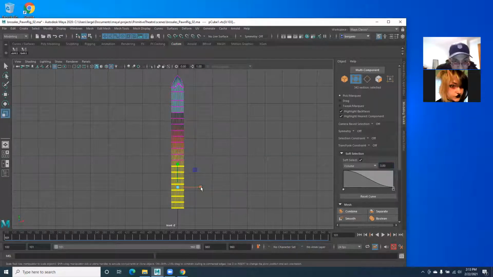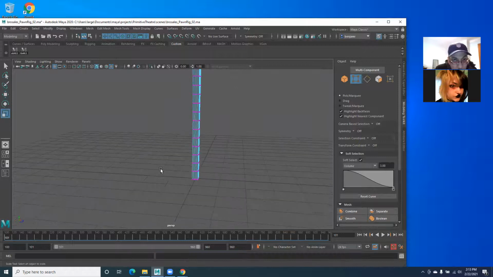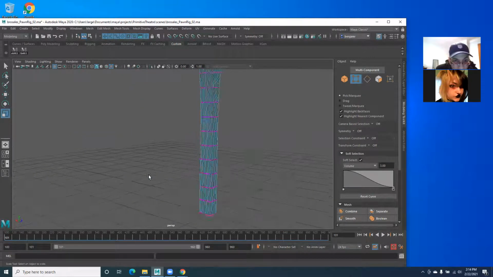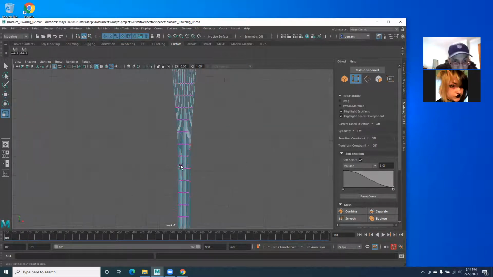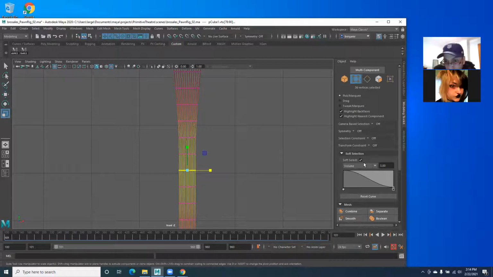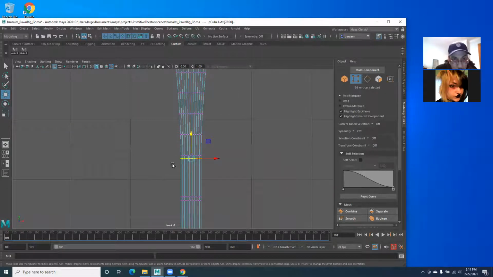3, that's pretty good. Something more like that. And so to make the handle, I'm going to want some sharp edges. So I'm not going to use soft select. I'm going to turn that off. I'm going to move these up. Maybe this guy, I'll move this guy up too. And of course, if I had a reference, it would be a lot cleaner looking, but